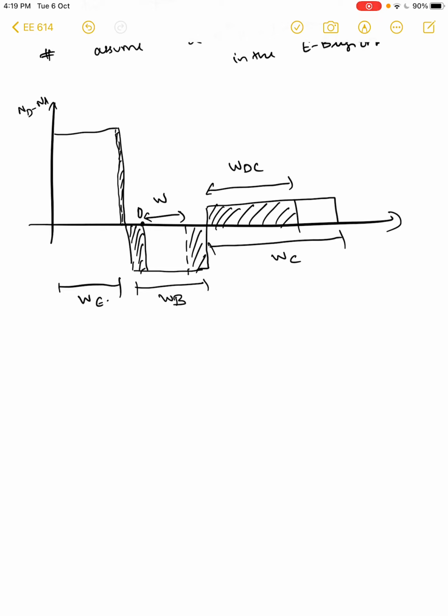So now let us calculate everything. Let us do this in the emitter base junction. We want to calculate what is the current here, and we can use the standard equations that we have used for the ideal Schottky diode. So in this case, we have an N region in the emitter. What is the minority carrier concentration here at the edge of this depletion width? So we know this to be